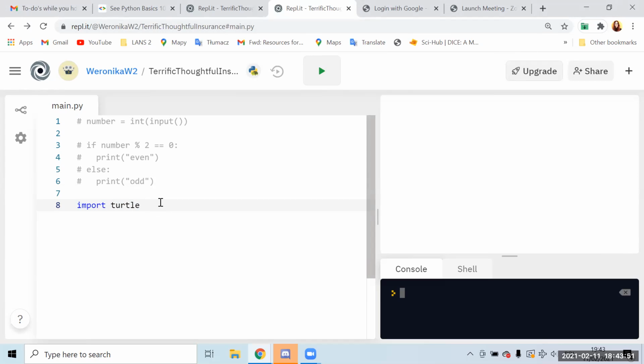If we write import turtle, we tell the program that we will be using things from this library, and it saves a part of different functions that are available to it. Okay, and now we have lots of things. Okay, somebody said it feels so weird not to end lines with a semicolon.